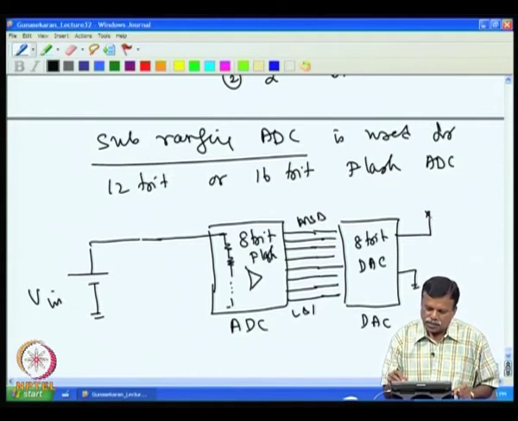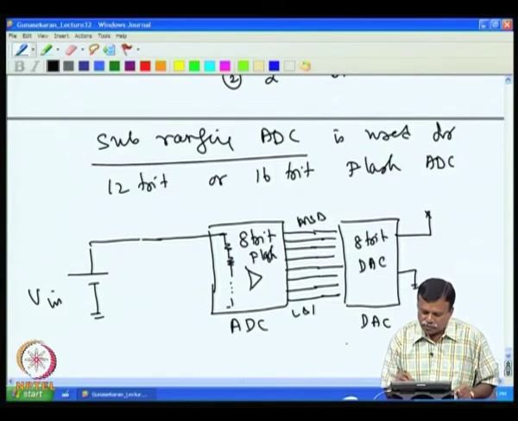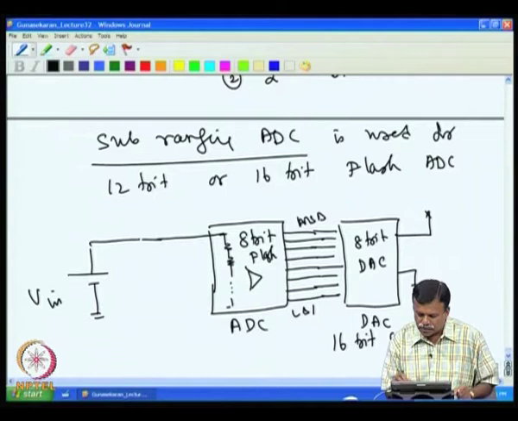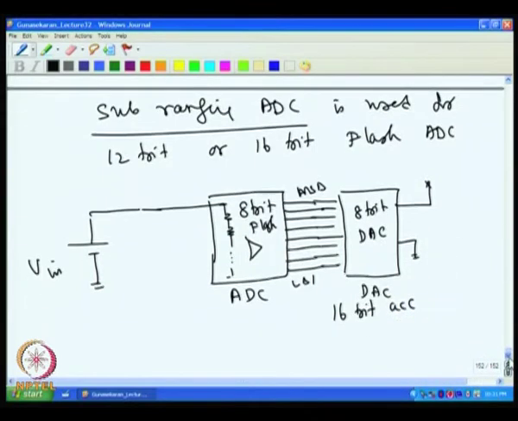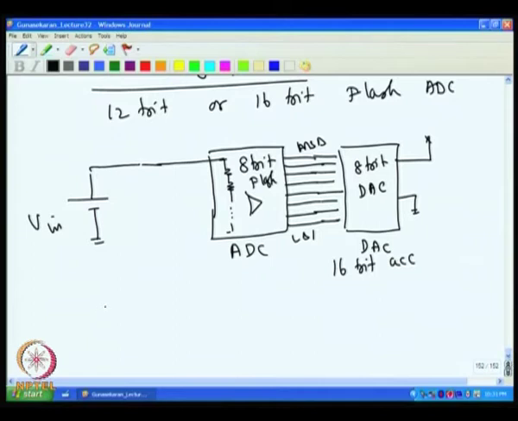This is only an 8 bit output, but this DAC, even though it is an 8 bit converter, maintains 16 bit accuracy. In the sense that if it is an 8 bit DAC with 8 bit accuracy,